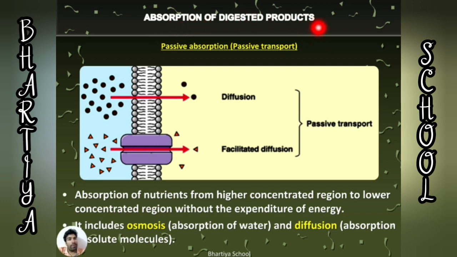Passive absorption mainly occurs through two processes: first osmosis, second diffusion. First of all, we should know what osmosis is. Osmosis is the absorption of water, the movement of water from its high concentration region to its low concentration region